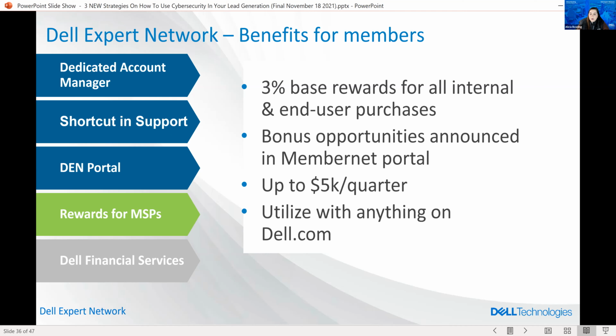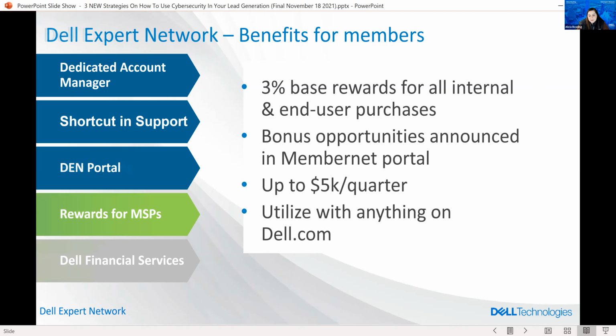So, we do have, especially with our elite members, that are capping out at $20,000 a year in rewards. They're using that for their own internal IT upgrades. They're using that for door openers for potential clients for their upgrades. They're using it right now. A lot of customers are using it for Christmas gifts. So it can be used for anything on the Dell site that you'd like to see.